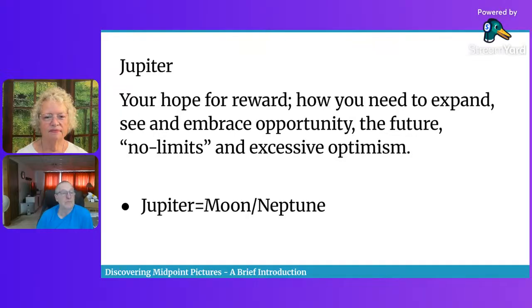It's the future. Because you think about it, if you have a hope for a reward, have you got it yet? Nope. So it must be in the future. In the future. Okay. So Jupiter often has no limits,